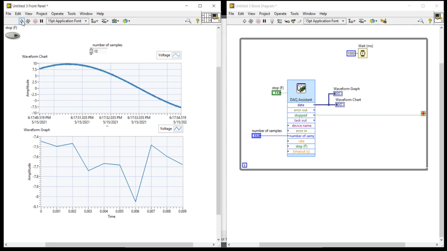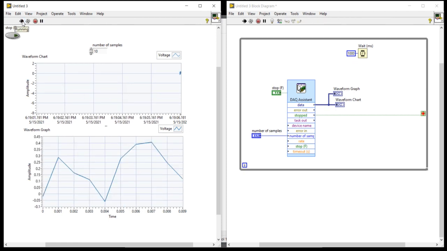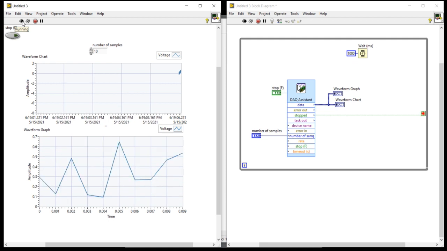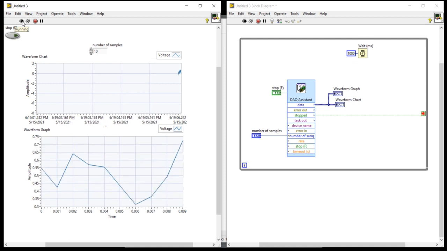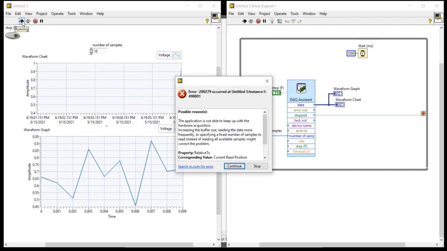Run. Every second it will acquire 10 data points.